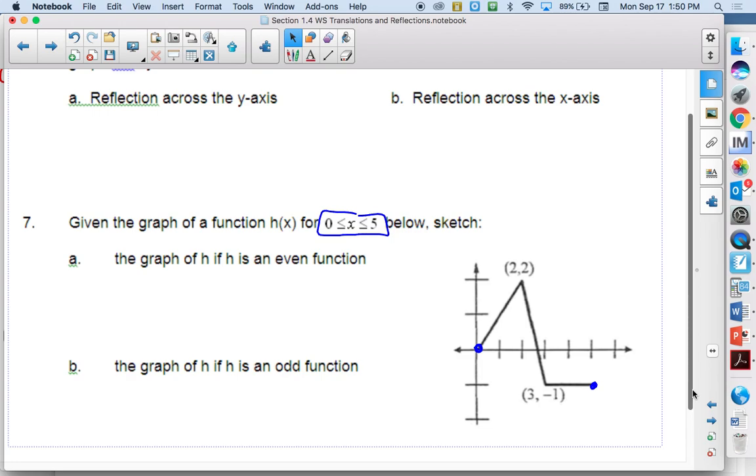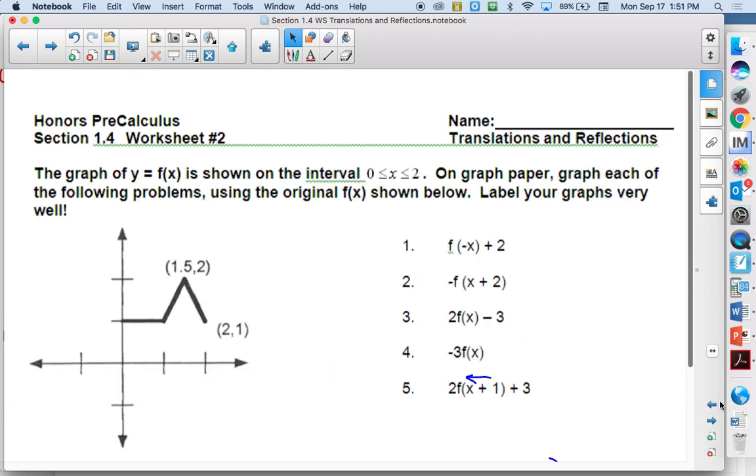You have about 9 or 10 minutes to get started. I'm going to go around and pass back your quizzes from last Thursday. But try to get maybe 1 or 2 of those graphs done. Tomorrow we will review